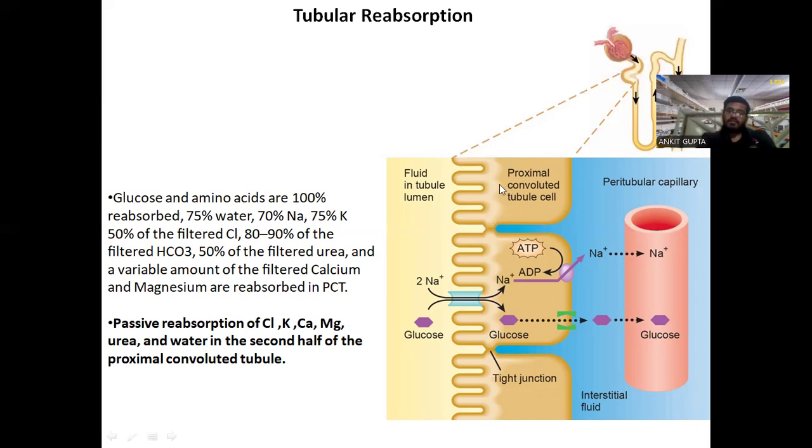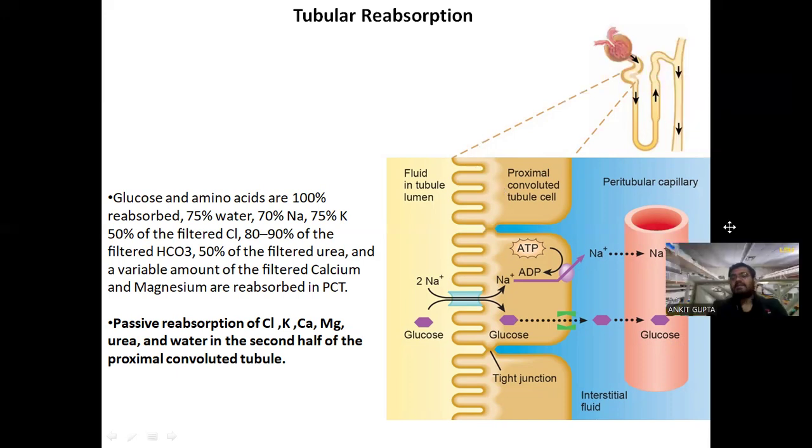So this reabsorption process is done by the epithelial cells which are lining the renal tubule. This is the Malpighian corpuscle, only this part, and the rest of this is the renal tubule. Different sections are there, and the reabsorption process is done by the epithelial cells lining the renal tubule. The first section, the PCT, we'll be discussing, and maximum reabsorption takes place